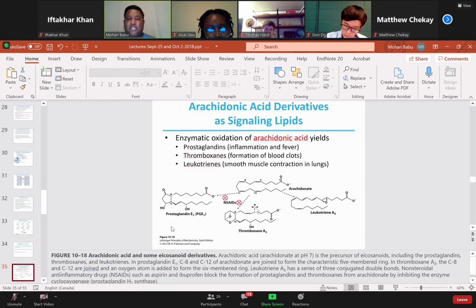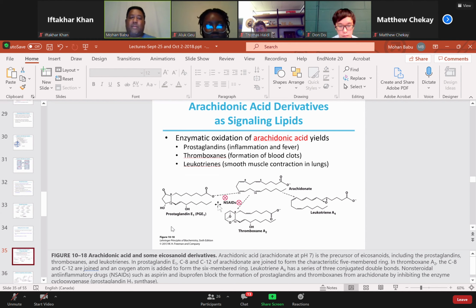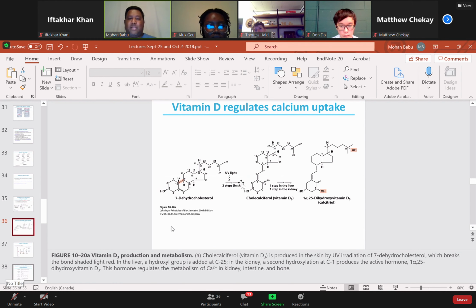It is usually produced in the skin by UV radiation, from 7-dehydrocholesterol. Upon UV light, the bond in 7-dehydrocholesterol is broken, and that leads to this